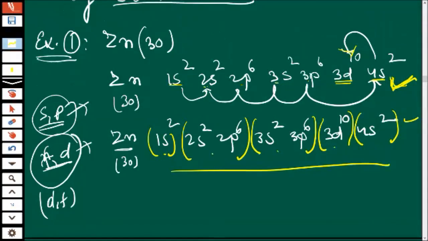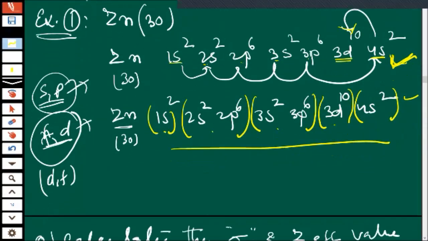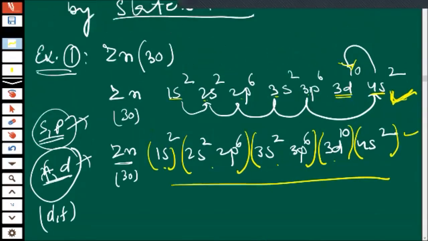Okay, that forgotten process is different. Okay, come in doubt clearance classes. I will explain once again how to write electronic configuration. Sir, in doubt clearance classes at that time we don't have any network. We have network problems. That is not a good excuse. Okay. Now we entered into a different depth. So remaining students will lose their patience. No, I will explain. Otherwise, you just WhatsApp me personally. Okay, I'll explain it. Okay, sir. This is regarding electronic configuration. That is a different issue.